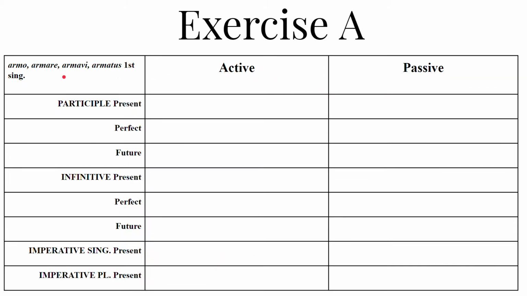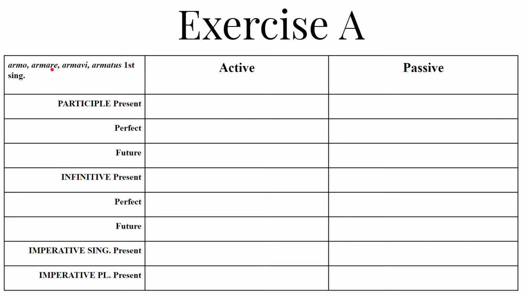Let us now move on to the participles, the infinitives, and the imperatives. For a more in-depth review of participles and infinitives, check out the participles and infinitives videos. So we have the same principal parts, armo, armare, armavi, armatus. We're still working with the first person singular, though that doesn't matter so much anymore. So participles, verbal adjectives, they are both verbs and adjectives. They're a mutant morphing of the two. So participles. Present active participle in Latin is the verb's present stem for a first conjugation like armo.